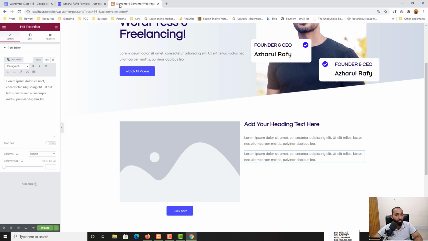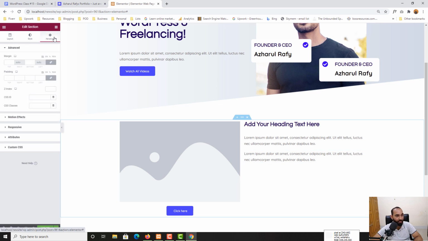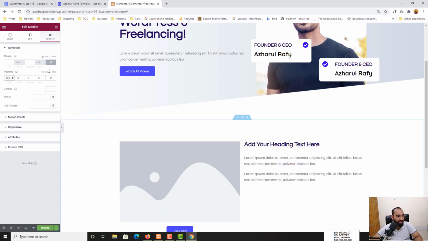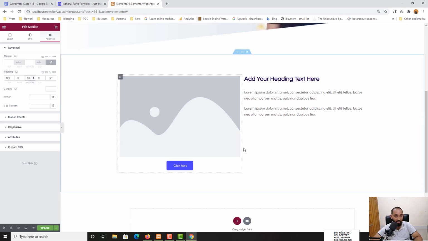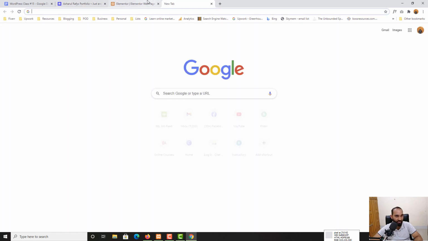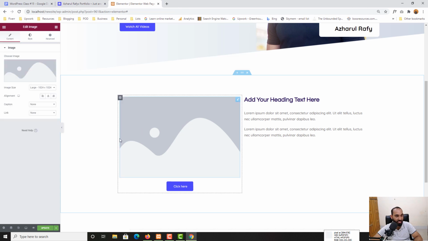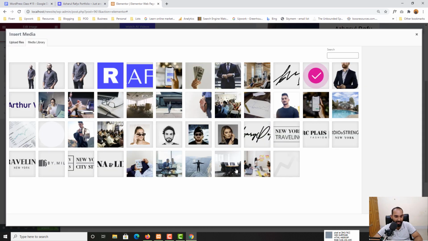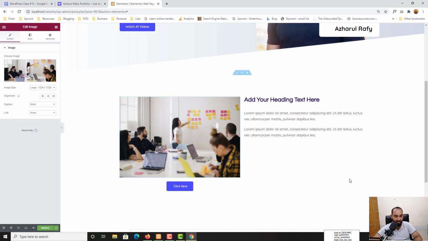Okay, so now it's time to make the adjustment. I want to give, in this section from advanced, 100 pixels in top and 100 pixels in bottom like paddings, so that we'll have some spaces appearing here. Now let's choose this image. So if I click on this image, it is going to take me to this image editing panel. If I click on choose image and let's select this image, let's click on insert media, and we have got